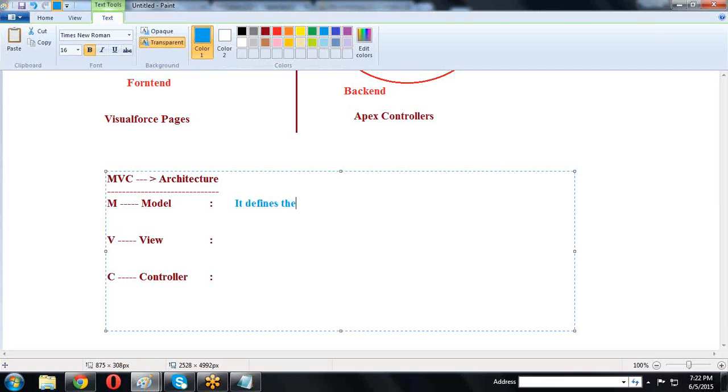It defines the structure of data. That is nothing but what we also call the data model.